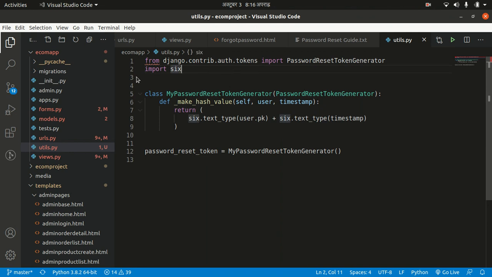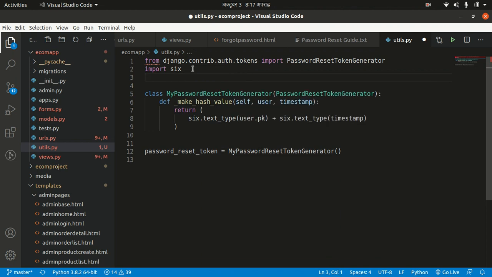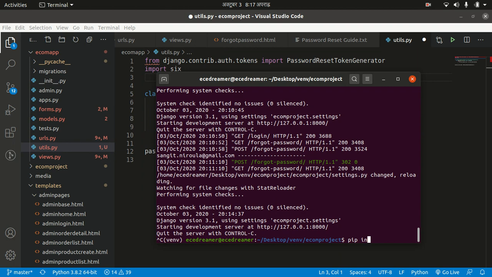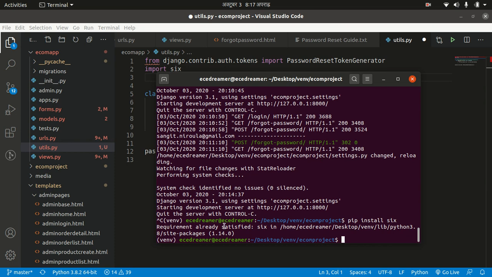So another thing I want to do is I want to install this six package. Okay, if you are using older version of Django, you should have from django.utils import six. Okay, but in the newer version of Django, six is not available, so you have to install it. So I'm going to install it here, pip install six. Okay, if you do this, then in my case six is already installed, but you have to do it in